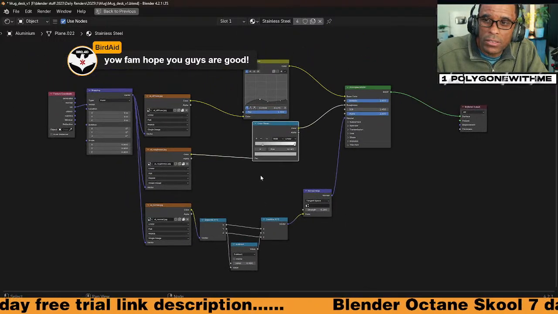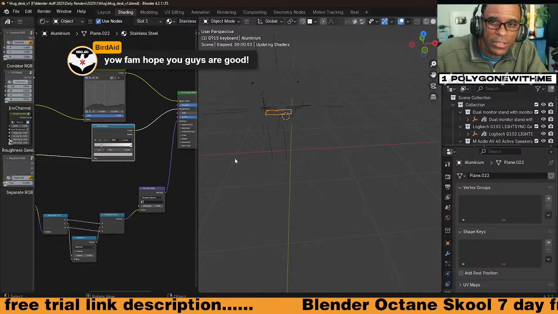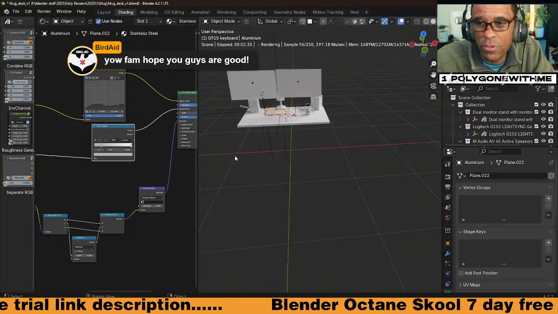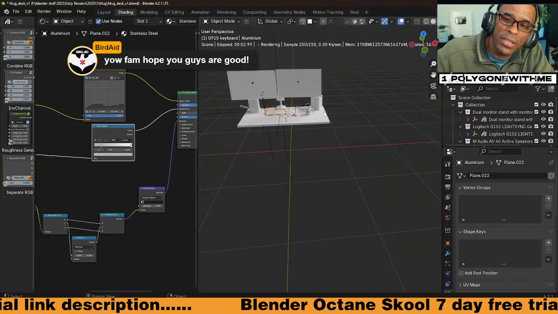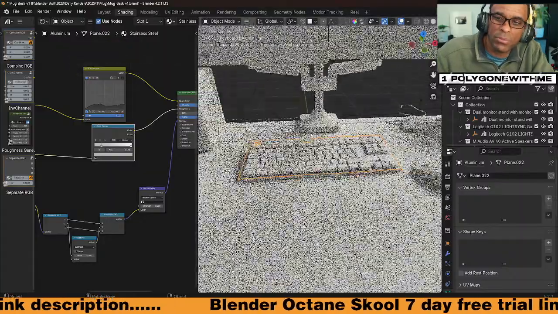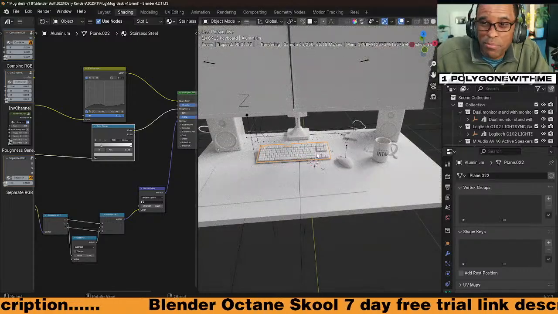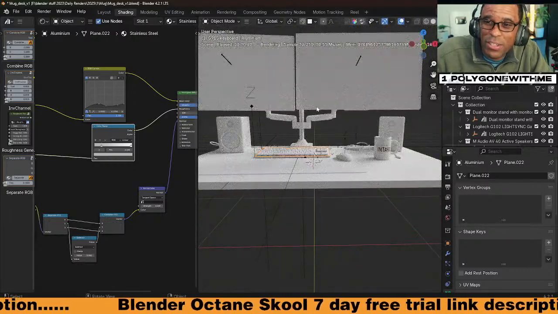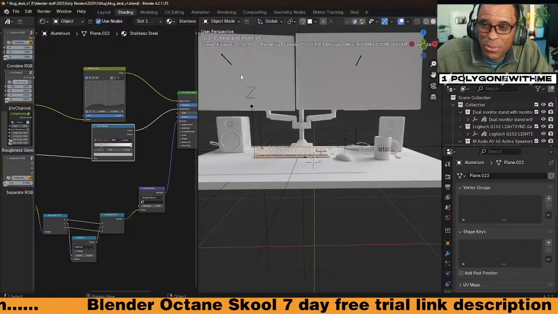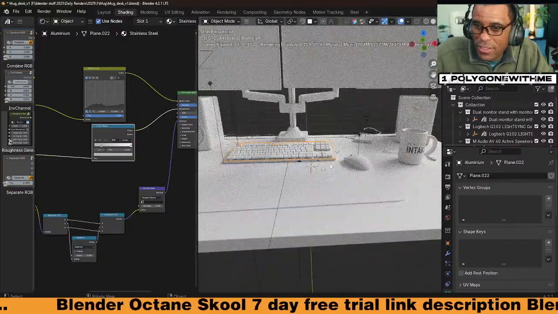Just trying to keep my eyes open, bro. Freaking tired, but I really want to. I'm working on my version of the mug. I've already made the mug, but I'm just going to put it in a scene, like so. I'm trying to recreate my desk, with, of course, a little bit better equipment, you know, like this dual monitor setup rocks. I mean, I've got dual monitors here, but not like this.